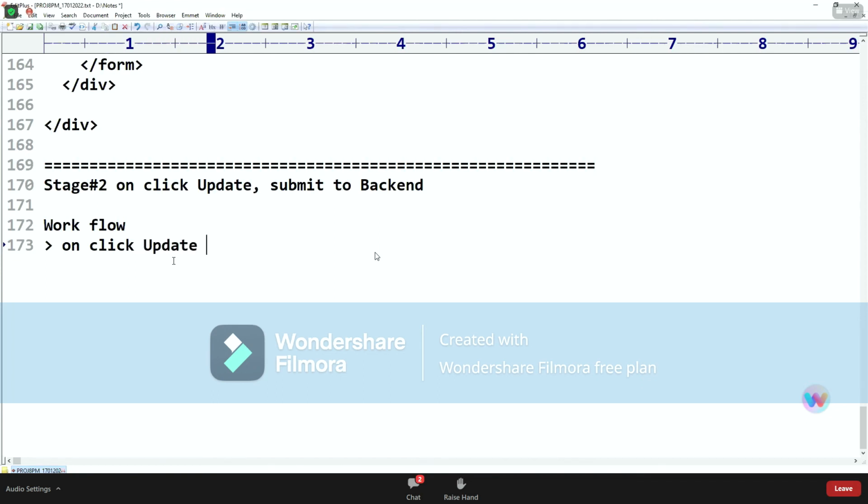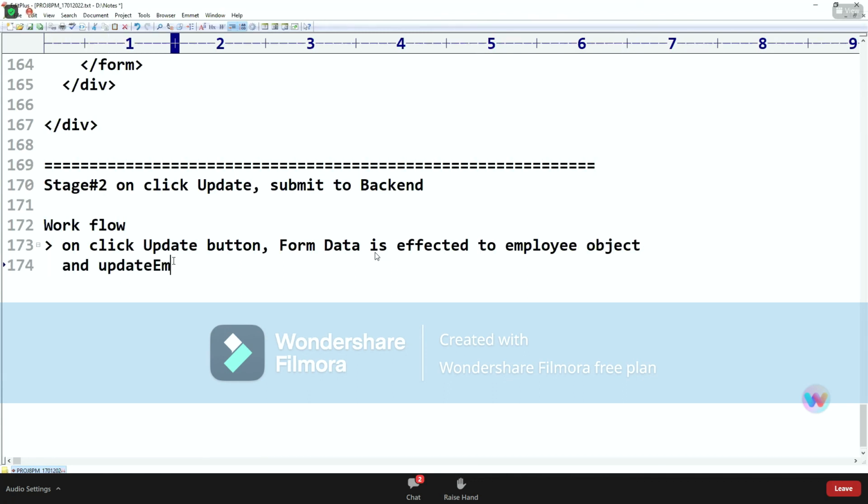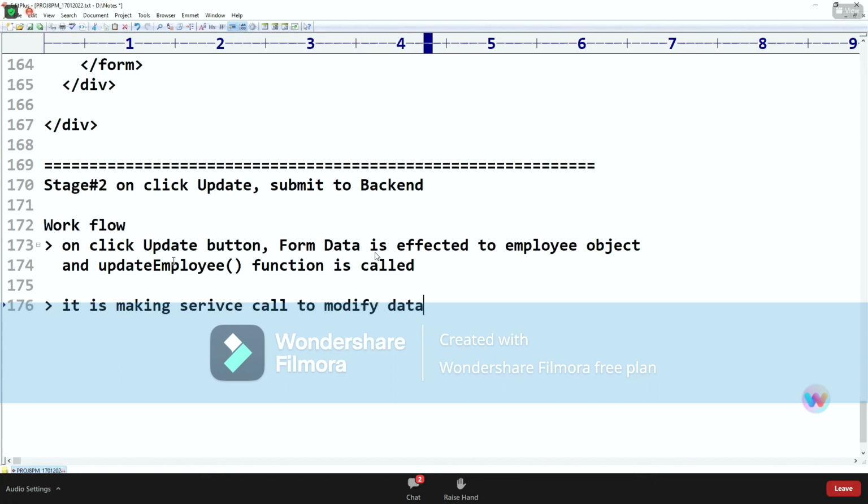On click of the update button, form data is affected to the employee object, and the update function is called. It is making a service call to modify data as HTTP put with URL, employee, and some header params.